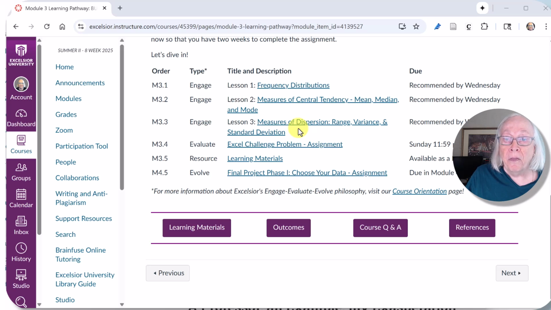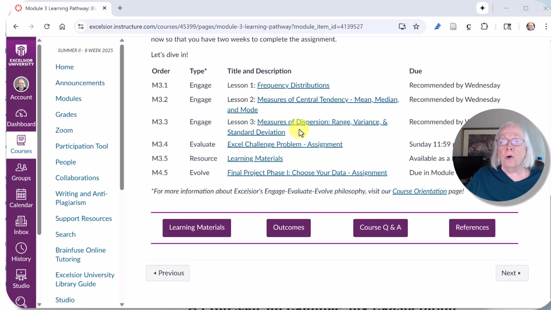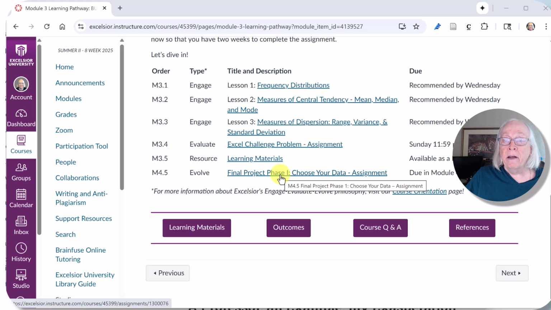And then we go into an Excel challenge problem in which you're given a data set, and you're going to have to do those 3 things that you learned in those lessons. Then we've got learning materials, and notice that your